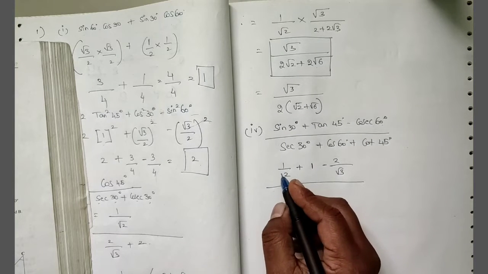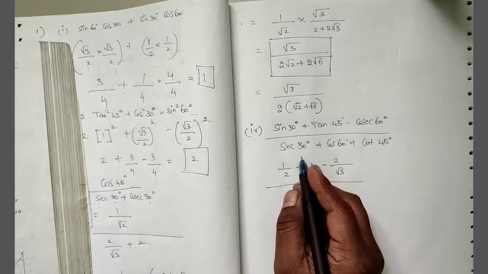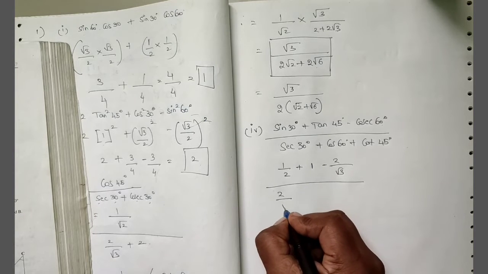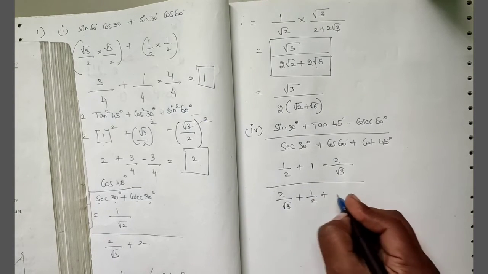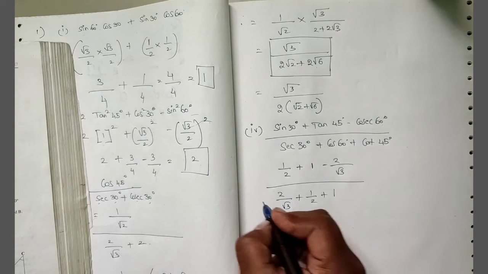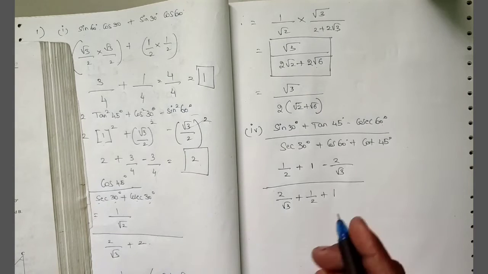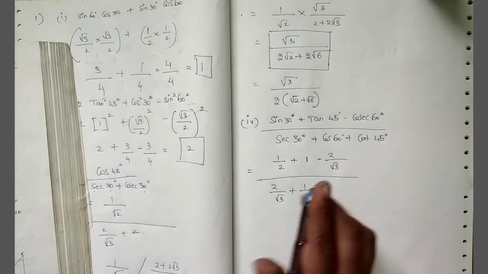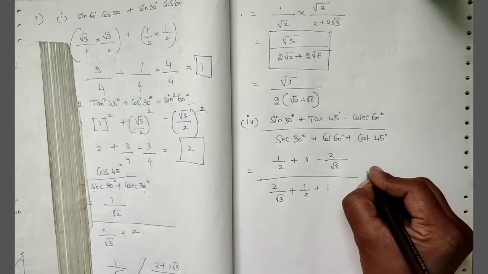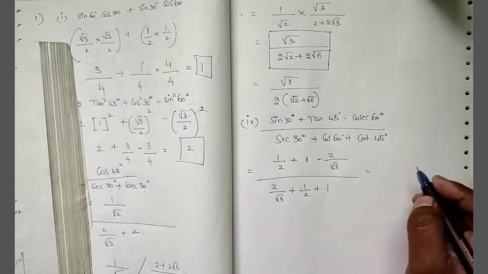And secant 30 is going to be 1 by cos 30. What is cos 30? We know that is root 3 by 2. So this is 2 by root 3. Plus cos 60 is going to be 1 by 2. Plus cot 45 is going to be 1. Tan 45 is 1, therefore cot 45 is 1 by 1, nothing but 1. We have substituted the values. It is just a simple substitution of values we are doing here, which equals, if you take 2 root 3